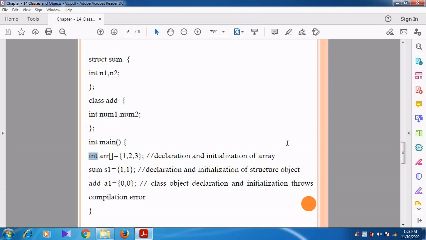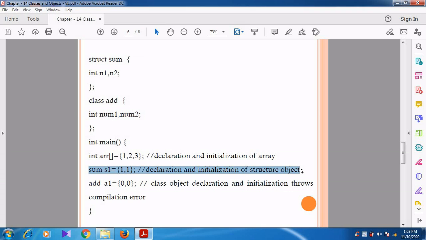See, array variables can be initialized like an ordinary variable initialization. This is array variable initialization. 1, 2, 3 are the values, and the values are assigned to the variable arr. So this is like an ordinary variable assignment. Then see the next one. They are creating the object S1 for the structure sum, and then they are assigning the values 1, 1.